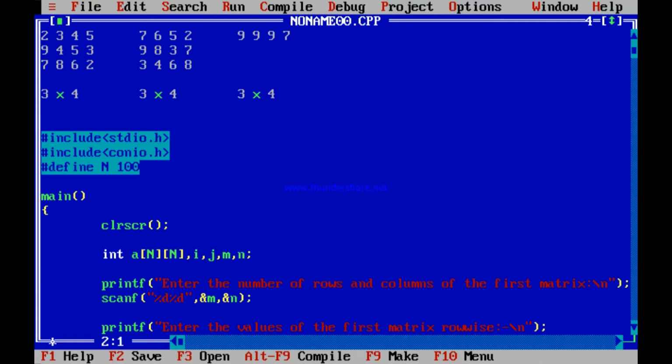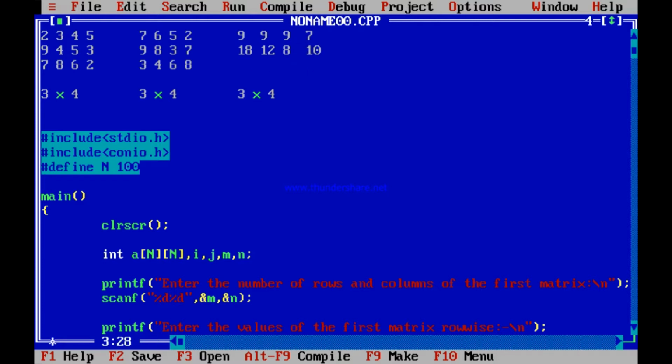Now check this one. This is A10, this is B10. 9 and 9 added together should be 18. Now the next number, 4 and 8. This is 4, that is A11, added with B11, 4 and 8 should be 12. I think you understand this. Similarly, the next number should be 5 and 3 added together, that is 8. And the next number, 3 and 7 added together should be 10. So I think you understand how I get all this.